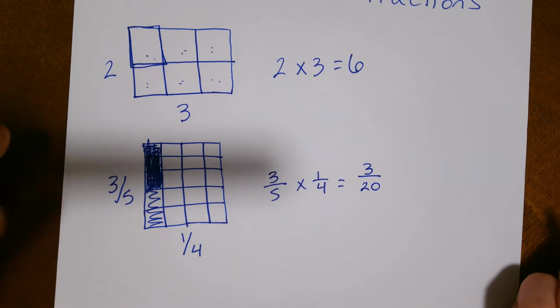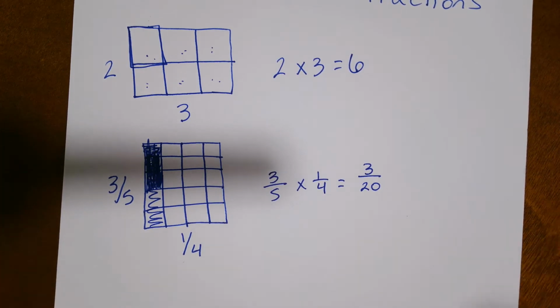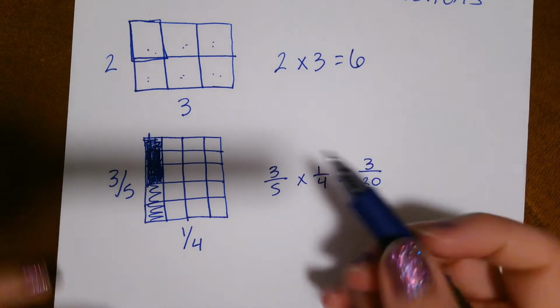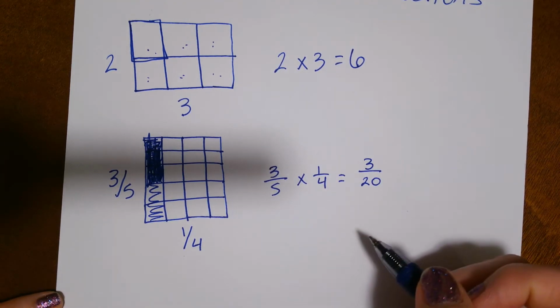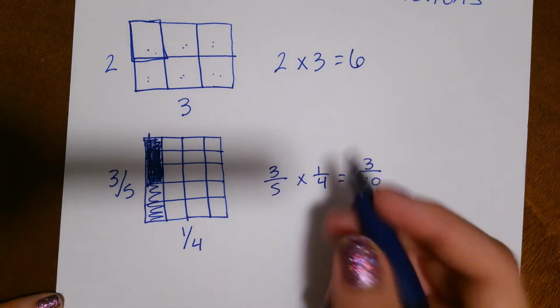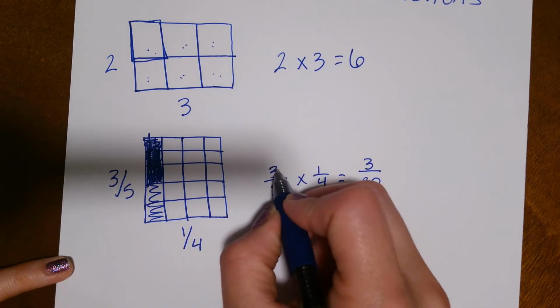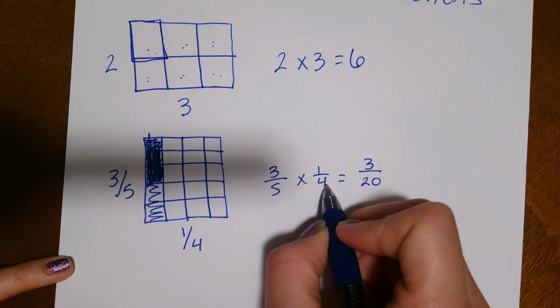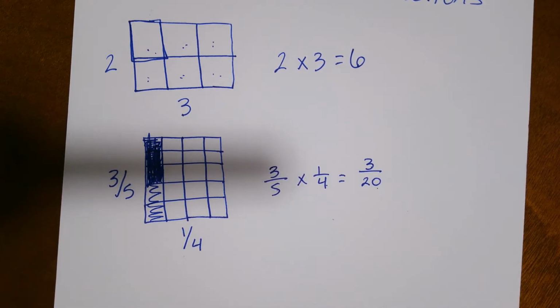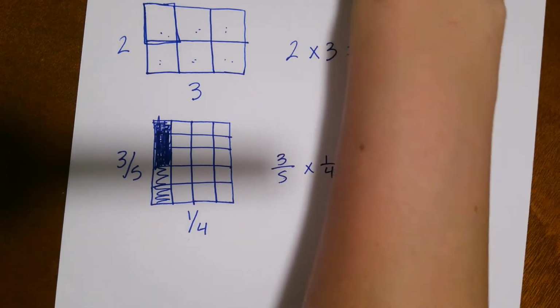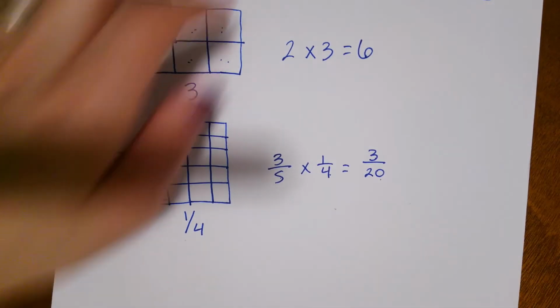Right, so this is one representation, the geometric representation of multiplication, and as you can see, that algorithm for multiplication of fractions just tells us, we've probably all heard it before, multiply straight across. So 3 times 1 gives me 3, and 5 times 4 gives me 20. So again, one representation. The second representation of multiplication of fractions